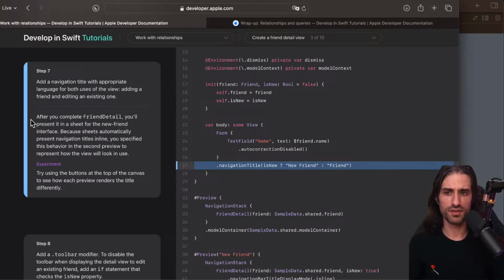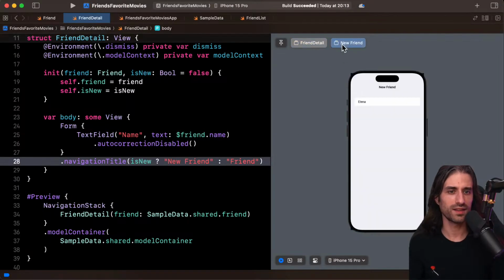And after you complete friend detail, you'll present it in a sheet for the new friend interface. Because sheets automatically present navigation titles inline, you specify this behavior in the second preview to represent how the view will look in use. Experiment. Try using the buttons at the top of the canvas to see how each preview renders the title differently. So what I showed you just before.